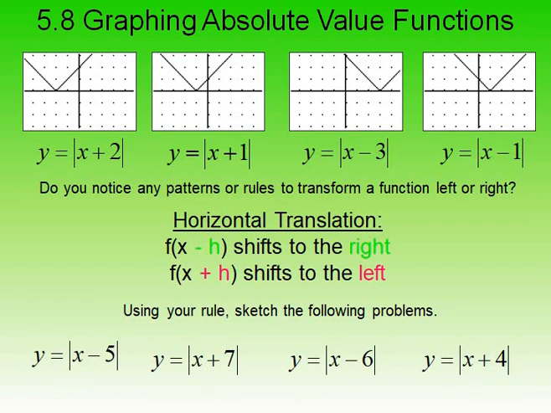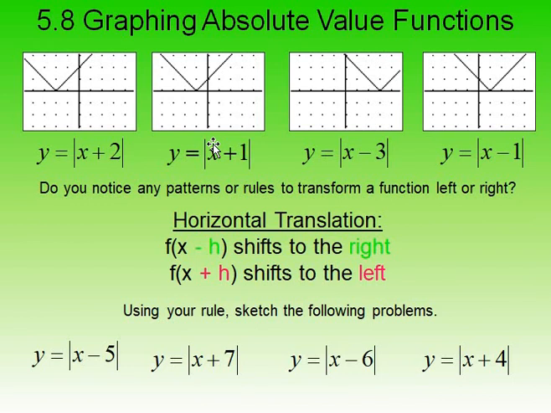So actually there's a translation for the V shape, or for the absolute value function. Now if its translation is horizontal, it means that it's going right or going left. You can notice that the number will be inside the absolute value. As you can see here, all of the function will be between the absolute value symbol. If you see all of the function between the absolute value symbol, as you can see here, so we are